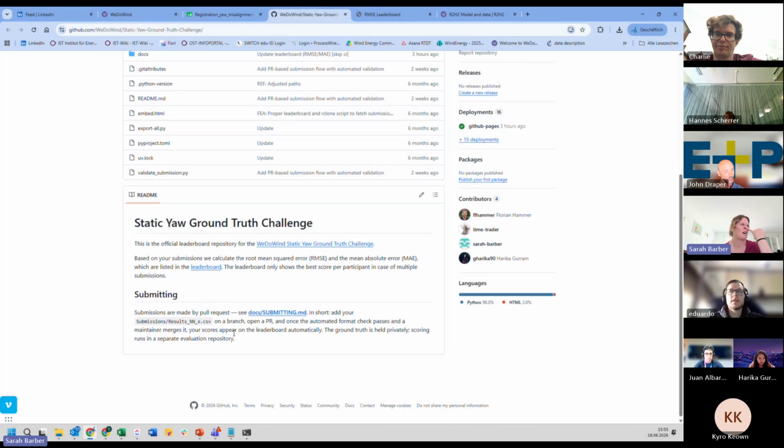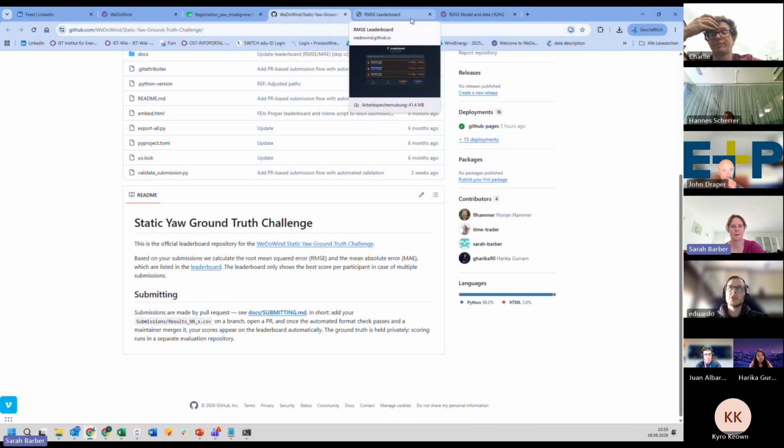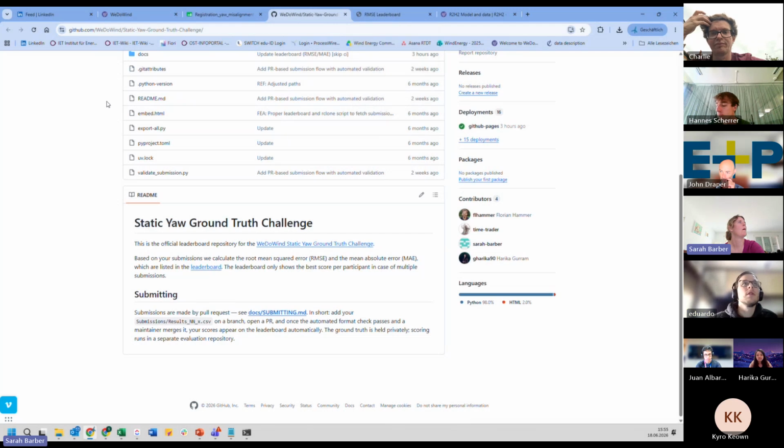You add a branch, and then it does an automated check. Tell me when you've done that, and I have to accept your fork and merge it. As soon as I do that, it appears on the leaderboard, and then we can at least have a summary of the results. Is it okay? We will work on it.